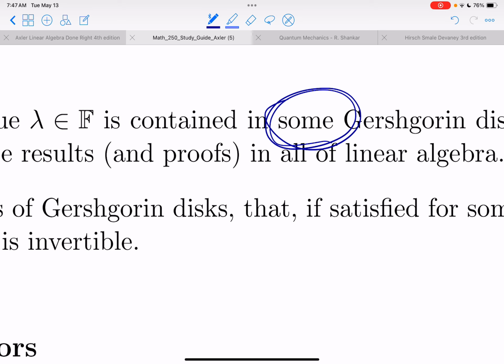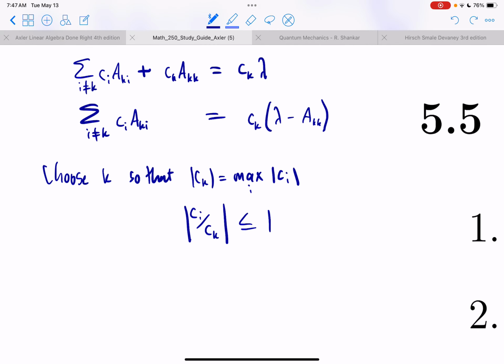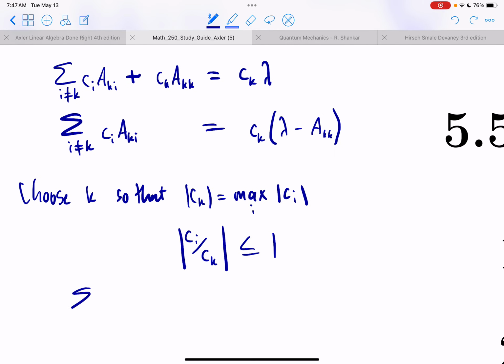Which Gershgorin disk? It'll be the one whose diagonal entry has that basis vector, which when you write that eigenvector with eigenvalue lambda, which we don't know how to write and we don't even know what it is, but when you do write it, the coefficient will be biggest. That'll determine which Gershgorin disk it's inside of. And so we're going to divide, we got i not equal to k, c_i divided by c_k, a_ki